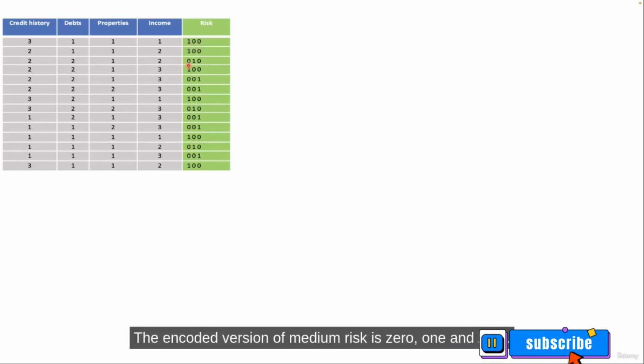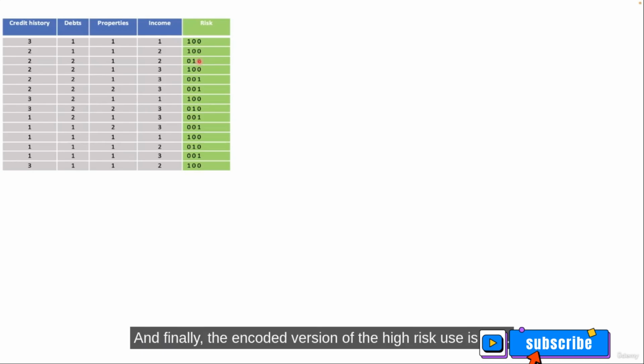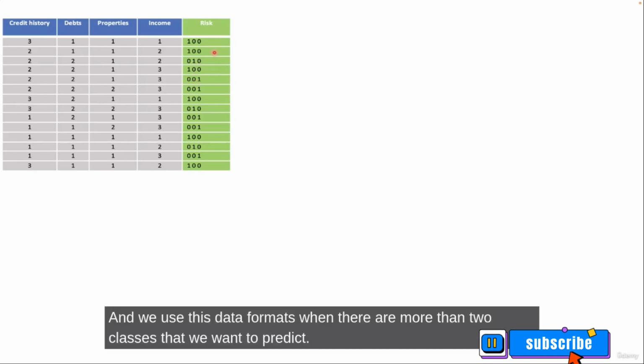The encoded version of medium risk is 0, 1, and 0. And finally, the encoded version of high risk is 001. And we use this data format when there are more than 2 classes that we want to predict.